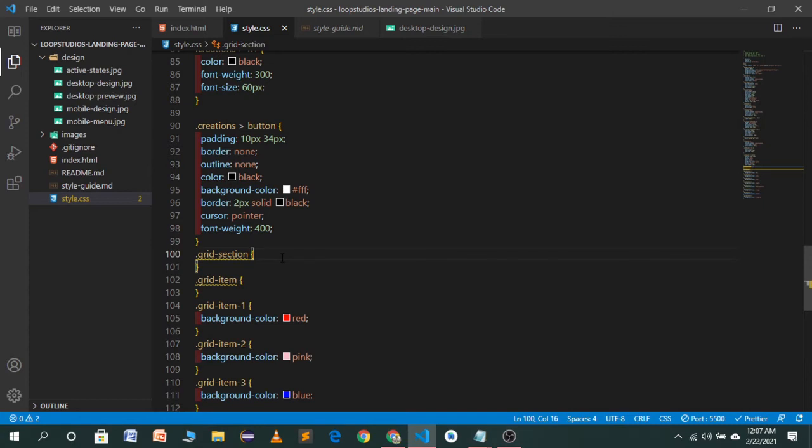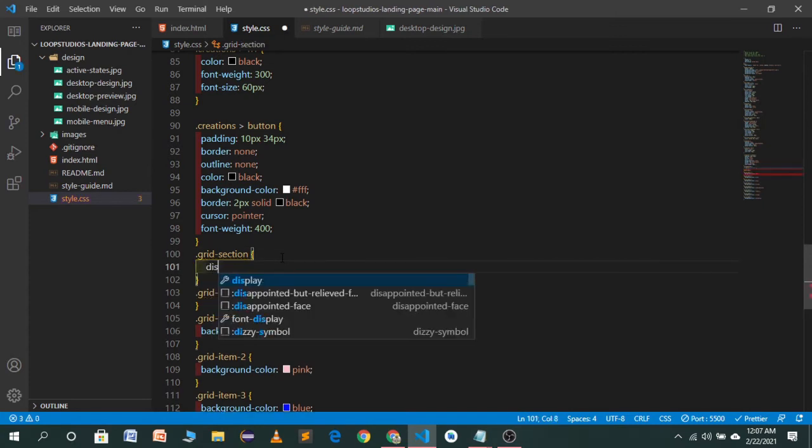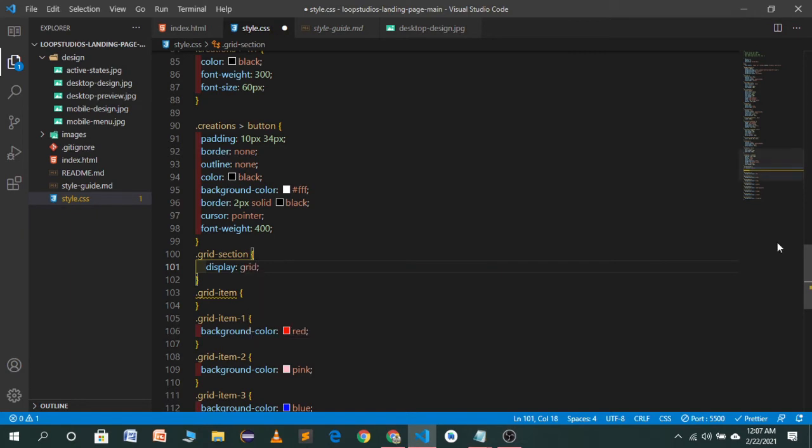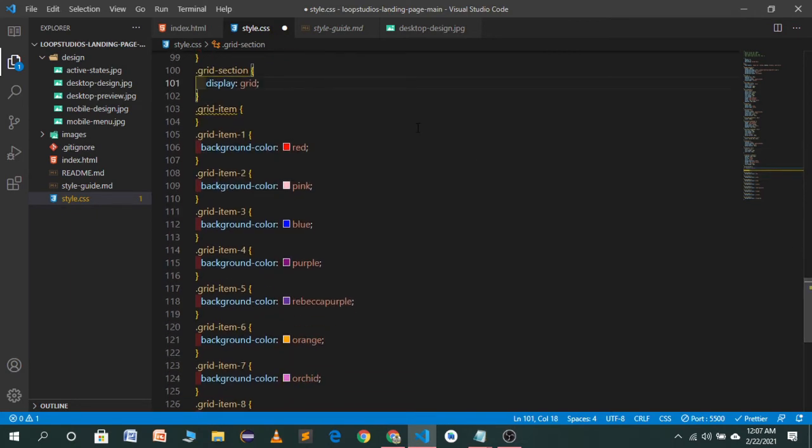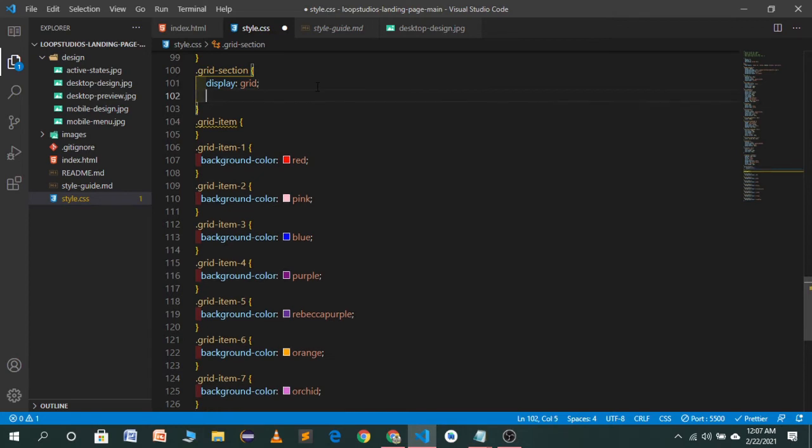First of all, for the grid section I will use display grid, and here you will see 2 or 3 lines of code will change the complete alignment. I will use grid template rows, repeat.